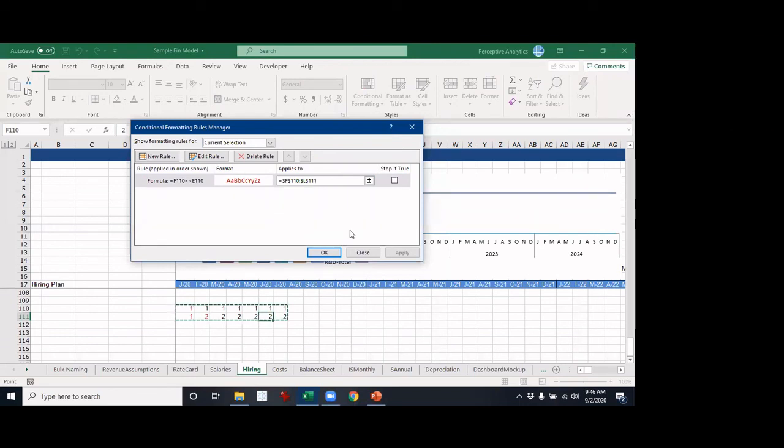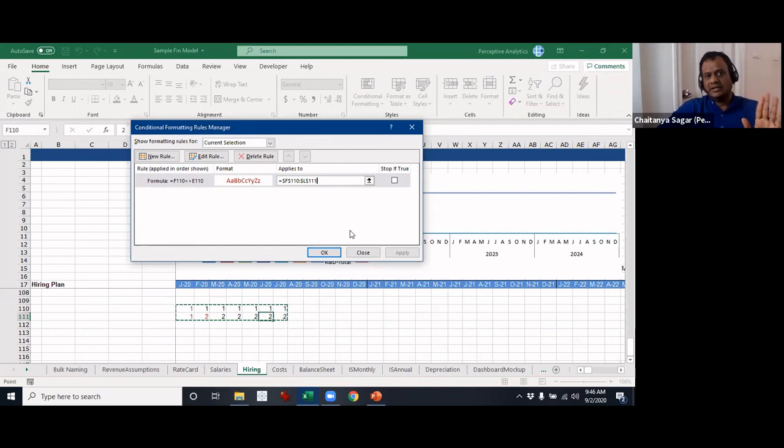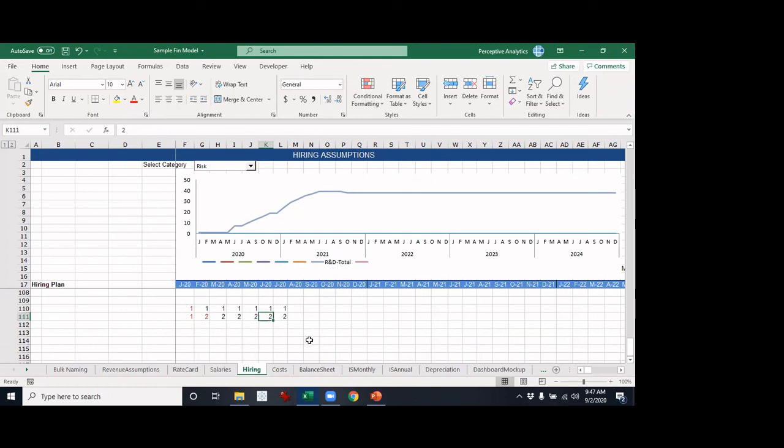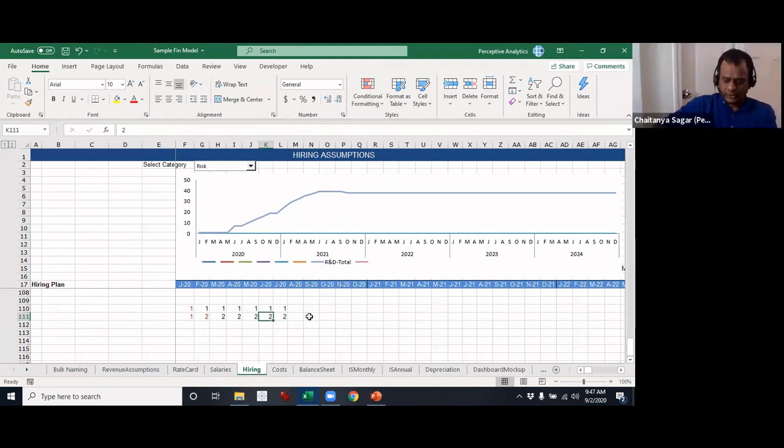Got it. Okay, so conditional formatting is one area where, typically, what I have seen is that I would just do a bit of experimentation and find out what is working, and based on that I make it work. But the formula there is a little different from how formulas apply in the rest of the spreadsheet. Okay. Yeah. Got it.